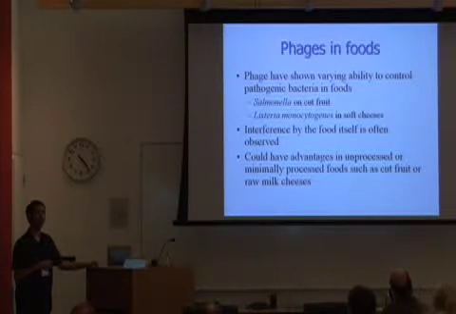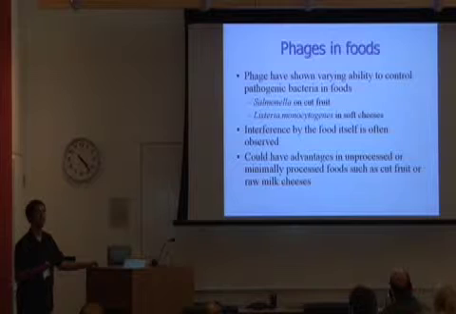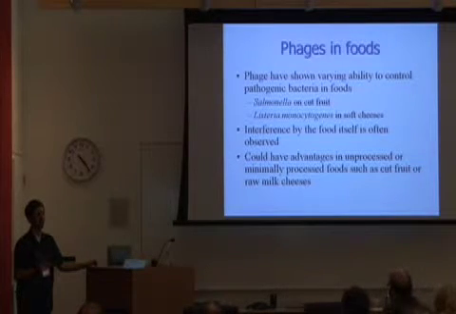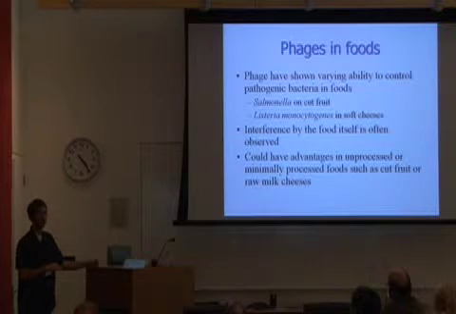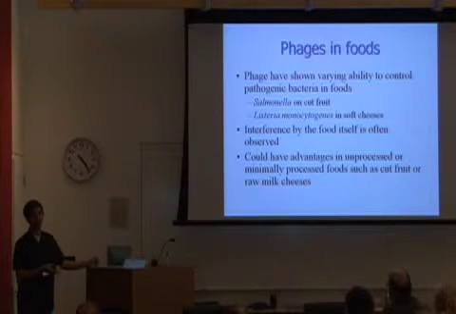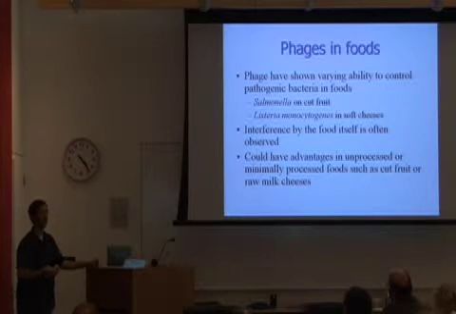So, for instance, in this paper, they tried melon with cantaloupe and apples. So it works well in cantaloupe, but not well in apples because the pH is too low, and the phages don't do well. So you could potentially select for pH, a more acid tolerant phage, theoretically. And also using phage to